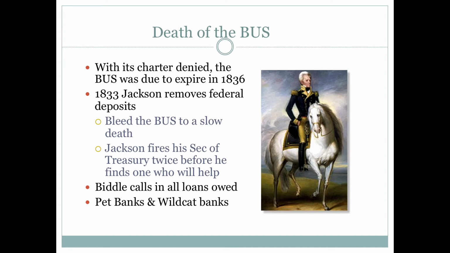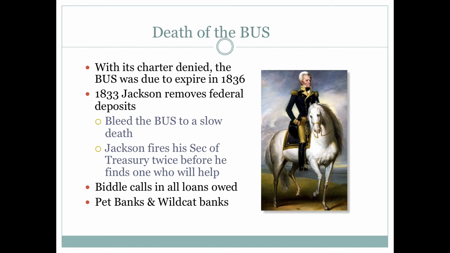Jackson waited until Congress was out of session, and he orders that money to come out, which, by the way, is unconstitutional. He goes through a series of Secretaries of the Treasury. He brings in his Secretary of the Treasury and tells him to take the money out. He says, Jackson, that's unconstitutional. He fires him. He then establishes a new person to be Secretary of the Treasury. He tells him, take the money out of the bank. He says, that's unconstitutional. He doesn't necessarily fire that second one. He moves him to another position, and he gets a third guy in there, a guy named Roger Taney.